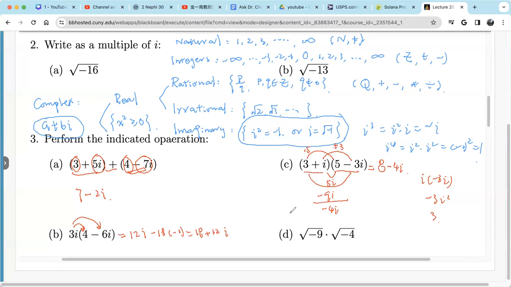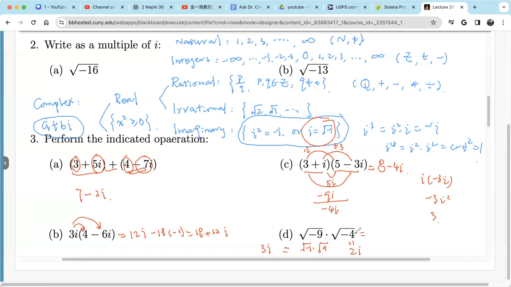Let's see D. Square root of -9 is not in the real numbers. So we know it's square root of -1 times square root of 9. We can split those two. Square root of -1 is i, and square root of 9 is 3. So this equals 3i. Similarly, square root of -4 is 2i, because -4 can be split as -1